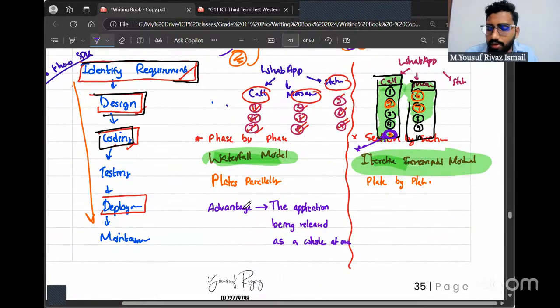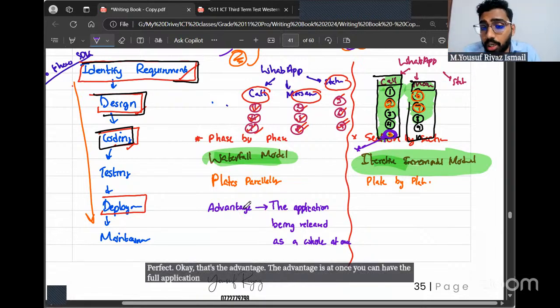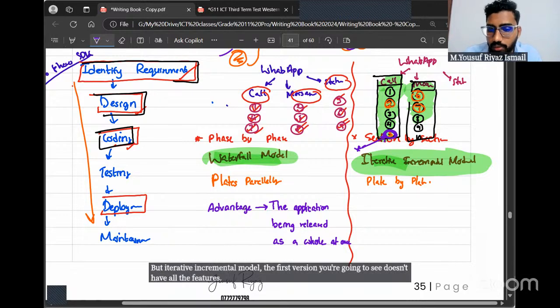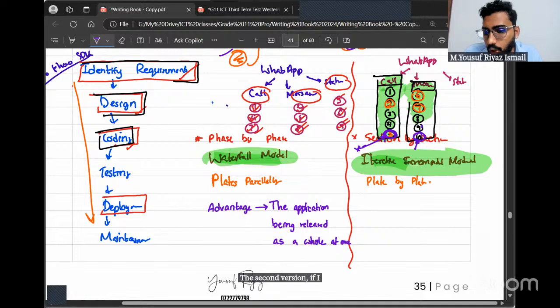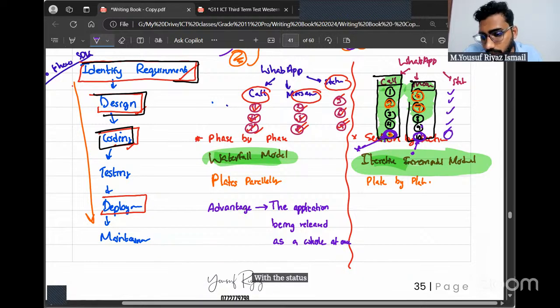Perfect. Okay, that's the advantage. The advantage is at once you can have the full application. But iterative incremental model, the first version you're going to see doesn't have all the features. The first version you can see it has only call. The second version, if I release, had call as well as message. Now both the features are there. Again, once I'm done with the status section, version 3 will have call, message as well as status.